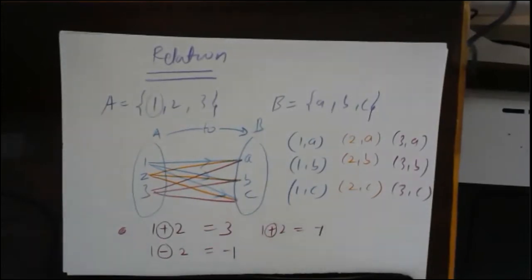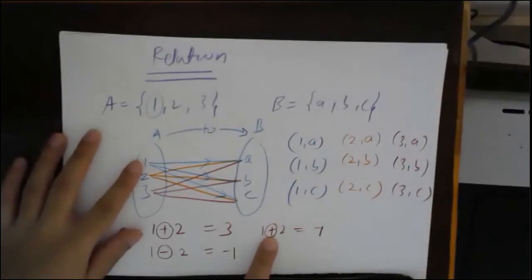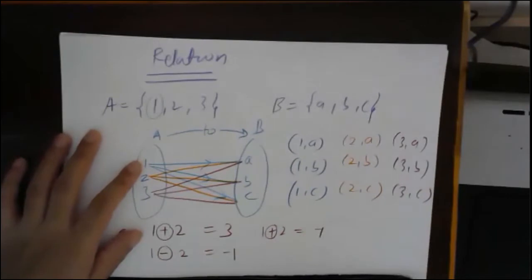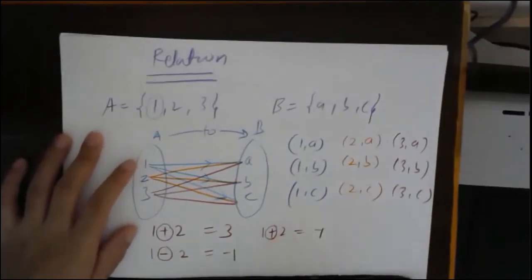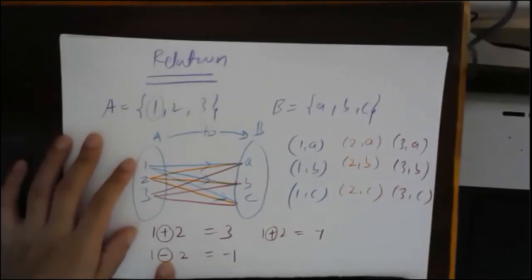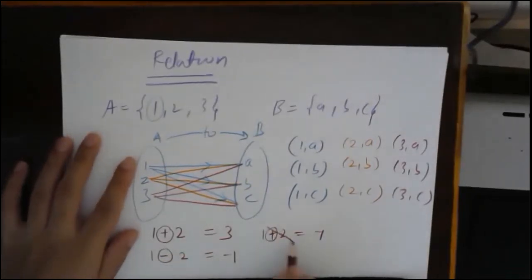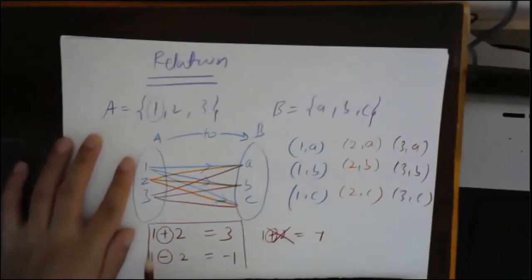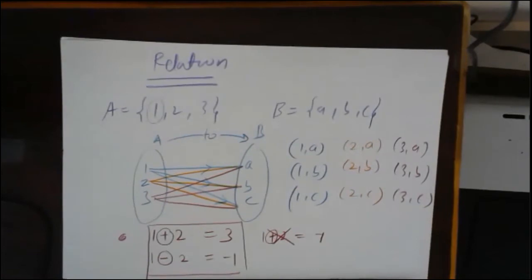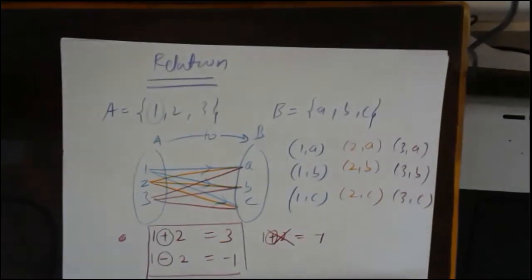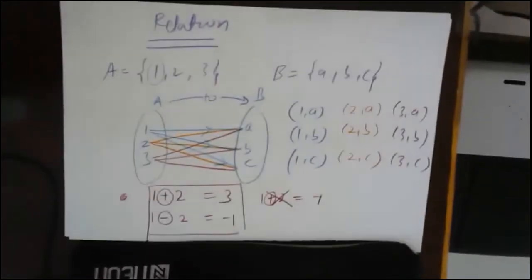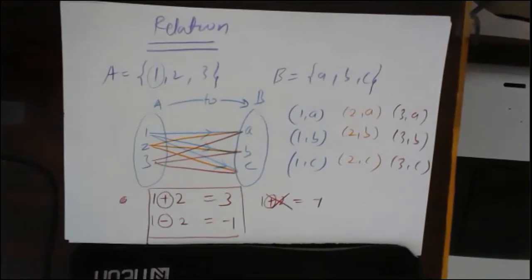For your sake, you can do that. I'm not saying. For your sake, you can take this as minus. You can say, sir, I will represent this with minus and I will represent this with plus. But what happens is, if you write this as minus, for me, when I look at it, I will think this is minus. But for you, when you look at this, you will think that this is plus. So for our sake, we will universally represent something in the same way, so that whenever anyone sees it, he will have the same knowledge of what you are trying to say. Understood? This part is okay.